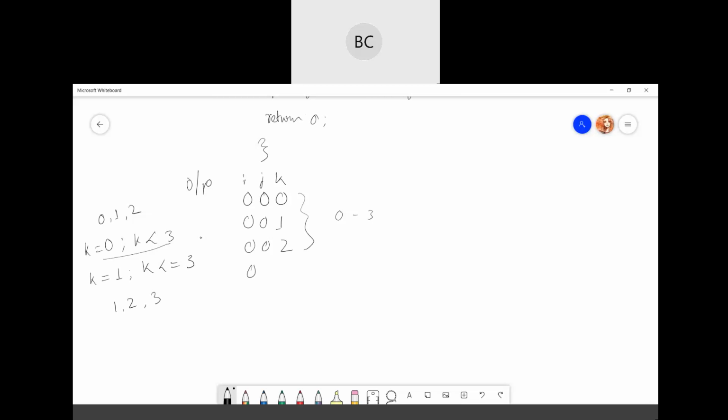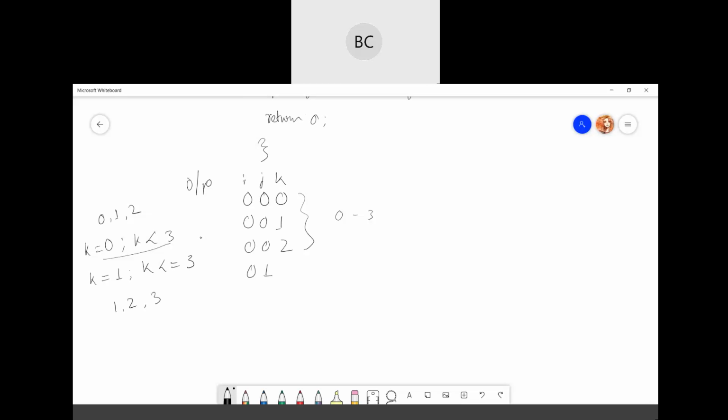Now i is still 0 because the range of i is from 0 to 10, right? So i is still 0. Now for j, 0 is done because after k, 3 is done, so it will come out of the k part. It will increase the value of j here. That means now the j value will become 1. Right?